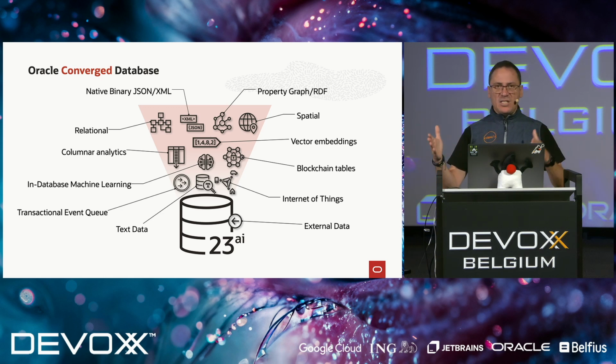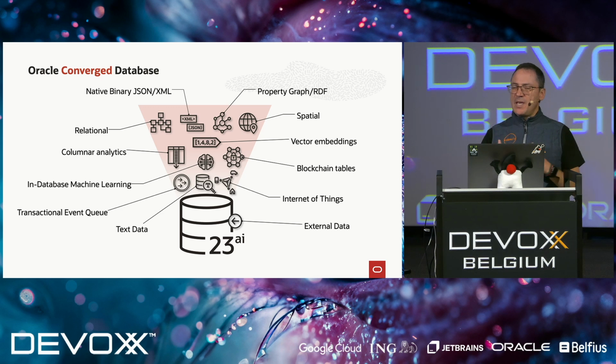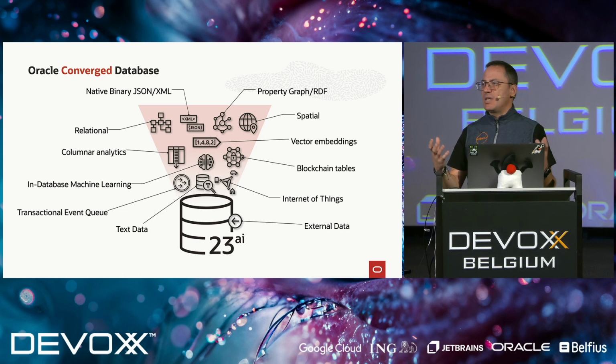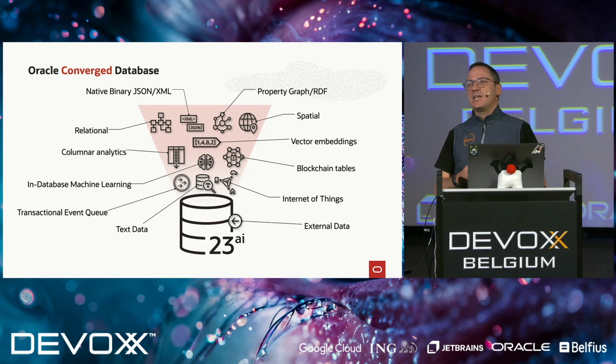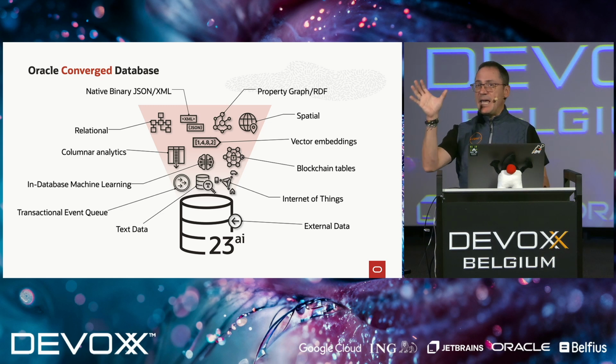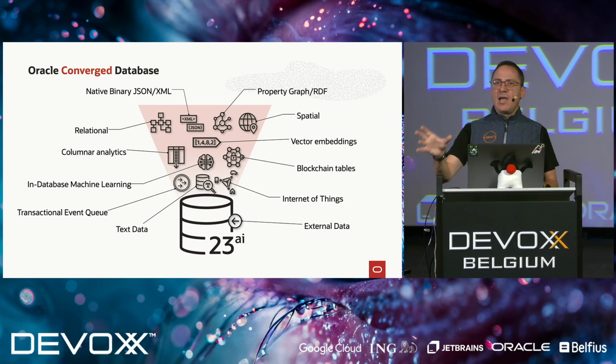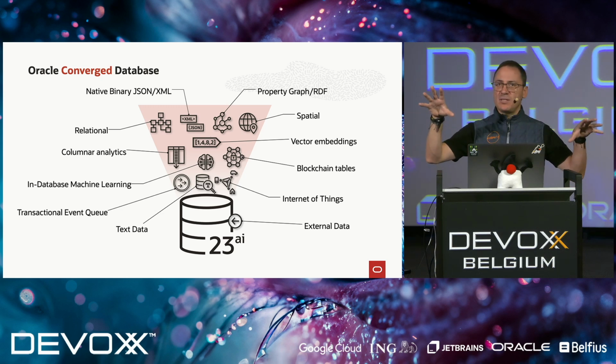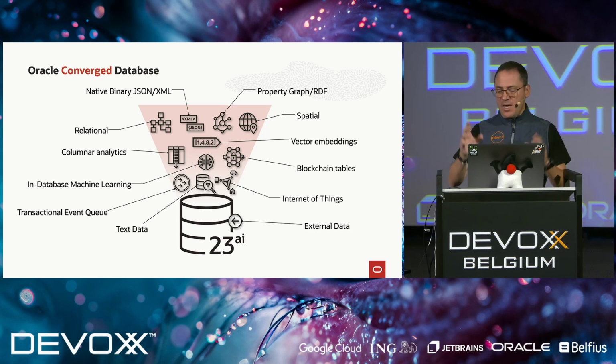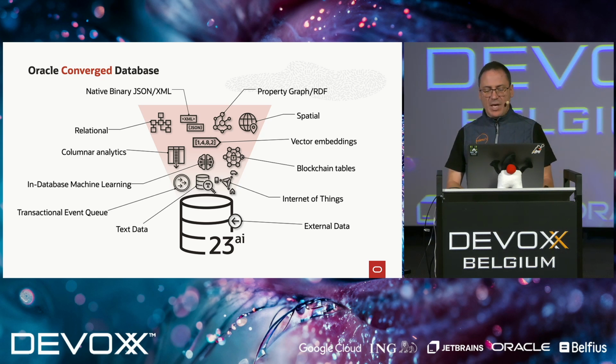Another thing that these vendors, as well as Oracle, allow you to do is to query across all these different formats using one single query language. In the case of Oracle, it will be SQL, and some of these queries that you can write with SQL will have extensions to it. So yes, you can have a table with relational columns and a vector column and a JSON column and some other kind of formats and do a query across all that. And you can also have multiple tables, again with different formats, and do a query across all those things. So all these vendors will give you access to that.